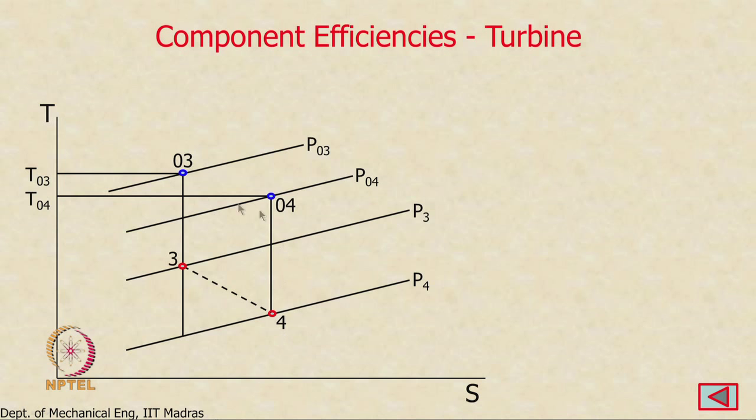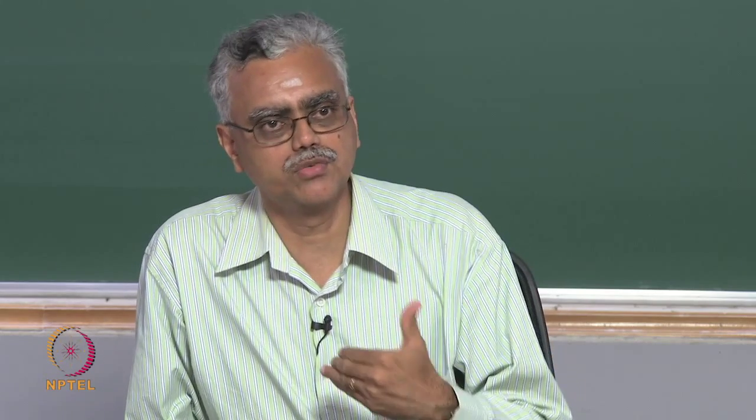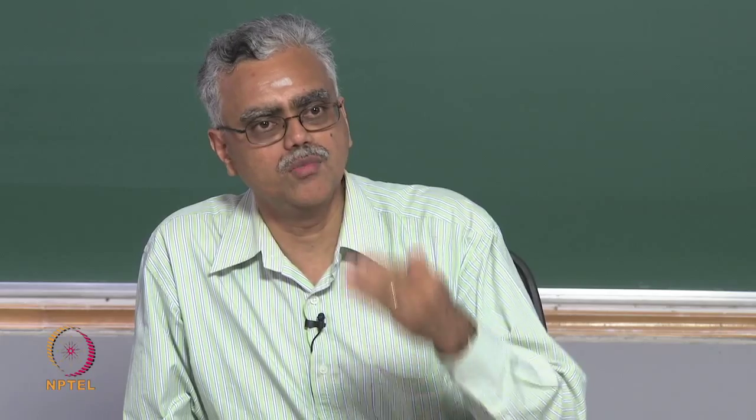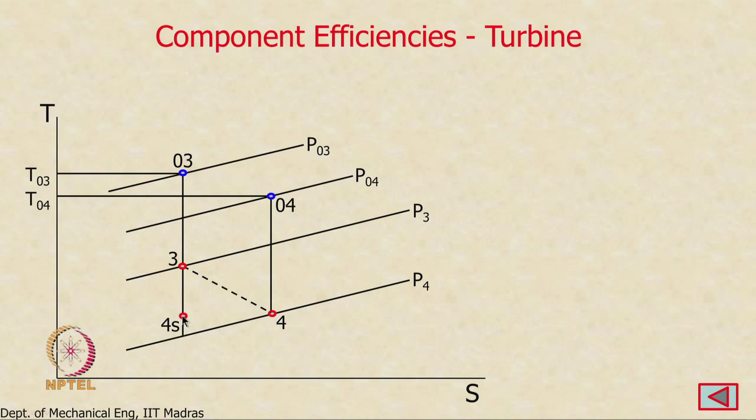So what has happened in this process is that the stagnation pressure has decreased from P03 to P04, which means some amount of work has been taken out. Remember, decrease of stagnation pressure can be due to work extraction or irreversibility. So what we are trying to quantify now is how much of this is work extraction, how much of this is irreversibility. And we quantify that by saying, if the same change in stagnation pressure had taken place isentropically, what would have been the change in stagnation temperature, which would then tell me how much work I would have obtained. Right? So if I do that, the corresponding static state would have been 4s, and the corresponding